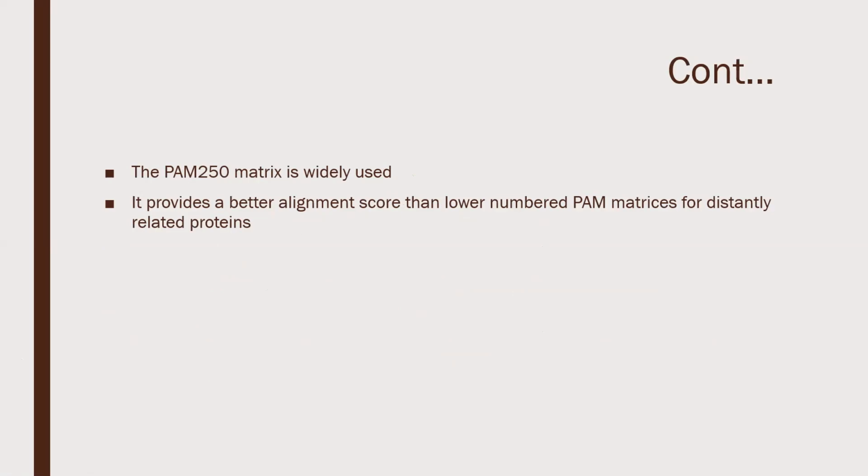So this is all the information we have to discuss about PAM matrices. PAM is one of the amino acid substitution matrices, developed based on the observed substitution rates of amino acids in the various protein sequences present in nature. Since these are developed based on the observed frequencies of substitution rates, these changes are accepted by natural selection. That's why it is called the accepted point mutation matrix.